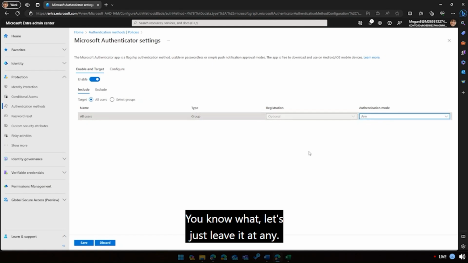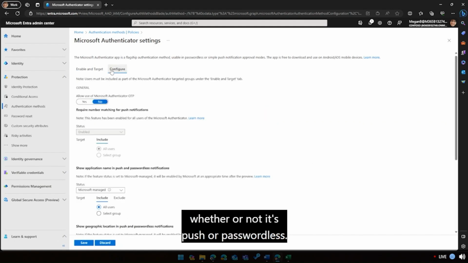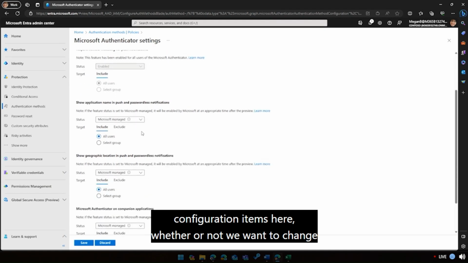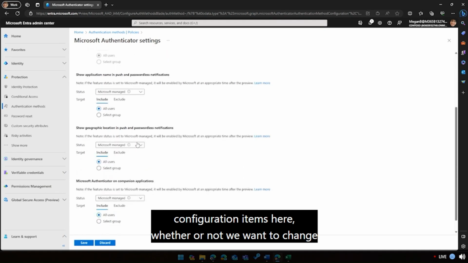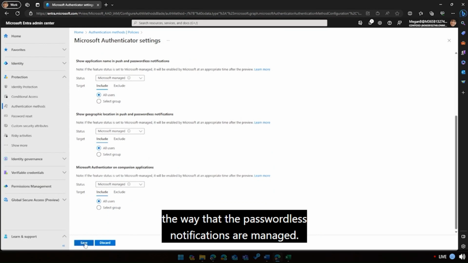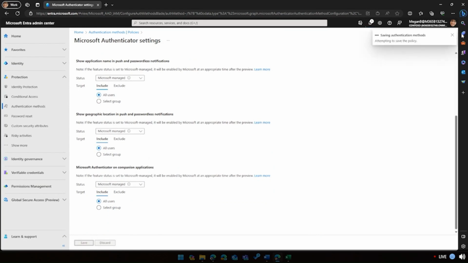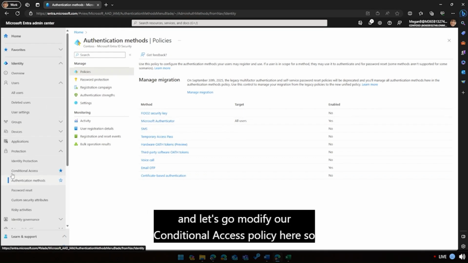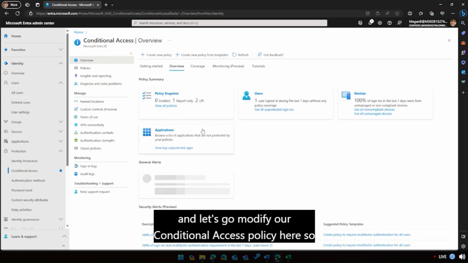You know what, let's just leave it at any. So we'll let them pick and choose whether or not it's push or passwordless. We can also add additional configuration items here, whether or not we want to change the way that the passwordless notifications are managed. In this case, let's just go ahead and enable Microsoft Authenticator,